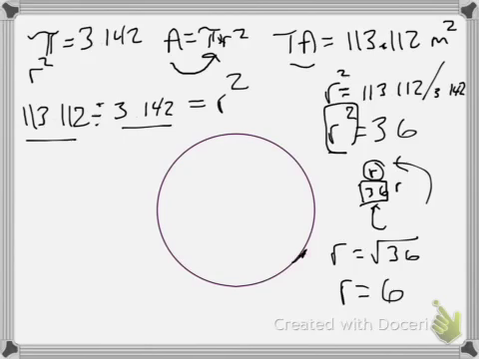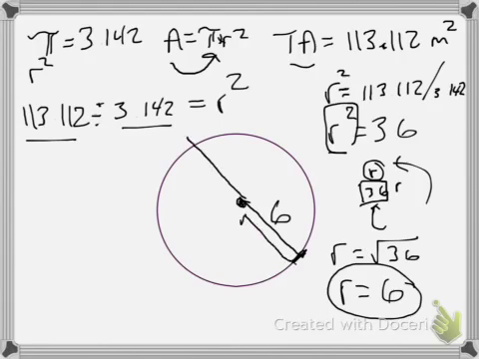Now if I was right there on the circle traveling straight across, by the time I got to about the middle, that would be 6. So I know that the single radius would be 6 based on that square root, but maybe I needed to find the diameter. And the diameter is all the way across the circle through the middle. So if I traveled this distance is 6, this distance has to be the same because it's right through the center, so it's 6, and you end up with diameter is equal to r times 2, or r plus r, and diameter is equal